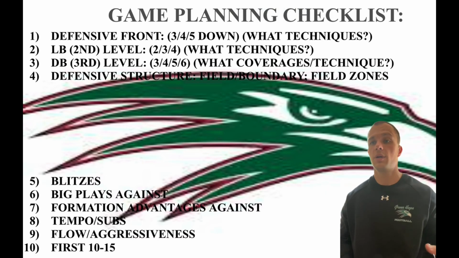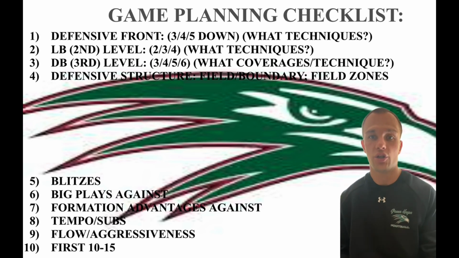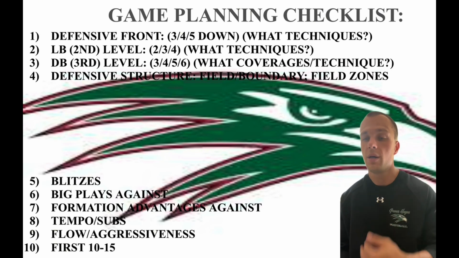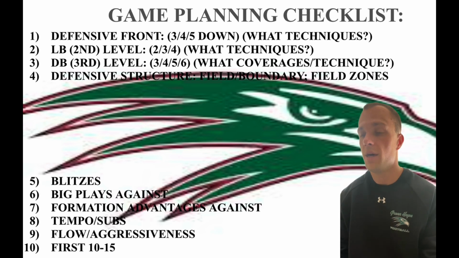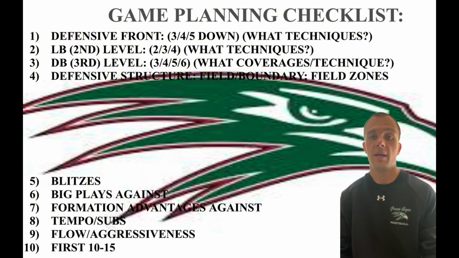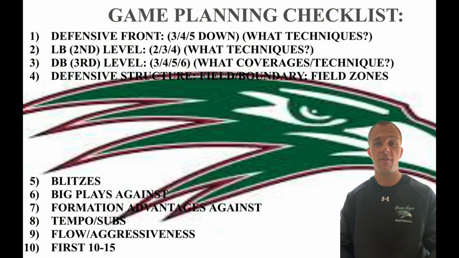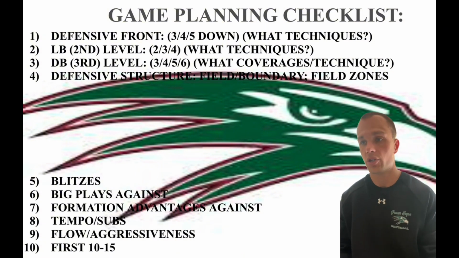All right, so the first thing that we talk about is that structure. That's why I broke it down 1, 2, 3, 4, and then talking about the other things when you're watching film. One of the things that I like to do, maybe the first couple times, is try to get the information, depending on how many different films you get. I like to try to find games that have to do with a little bit of what we do on offense, that give the same visualization, so we can see what the defensive structure is and what their rules are. So we start at each level.